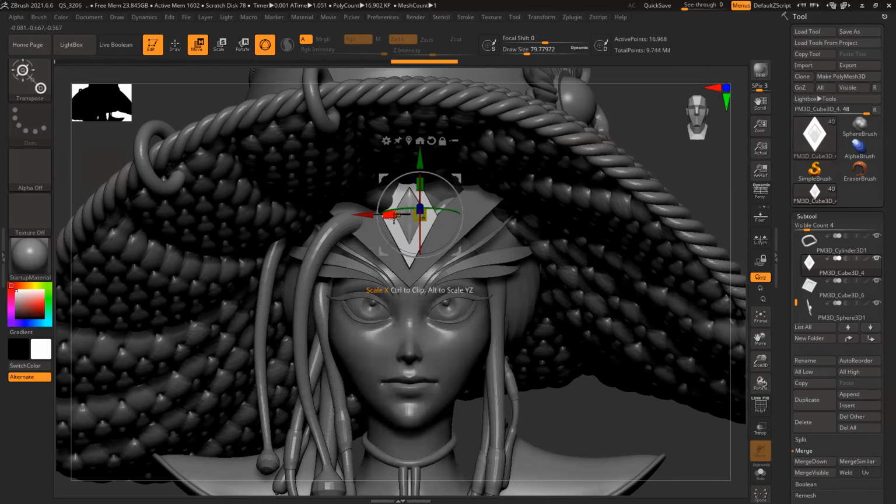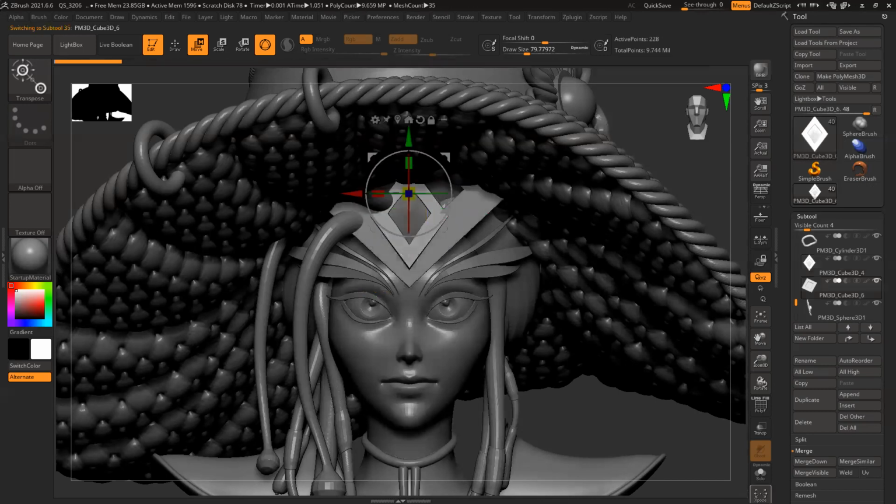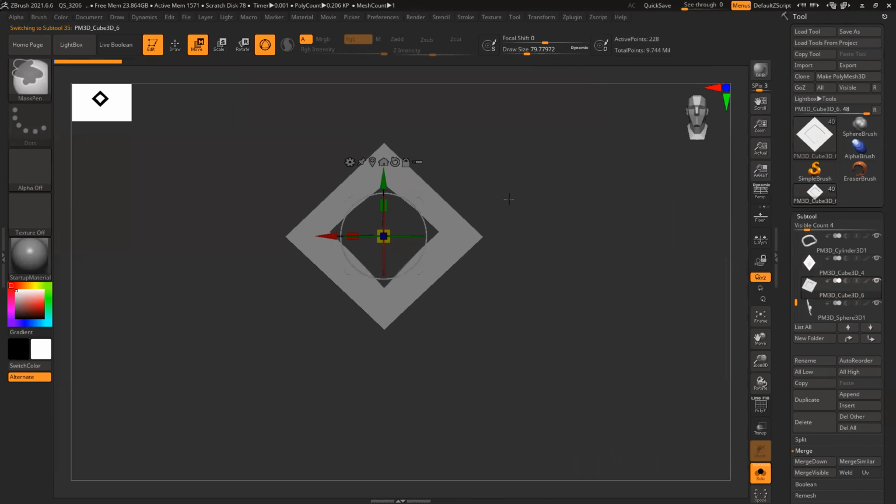Okay. And now this one, I have to cut this thing. So Shift F to check.